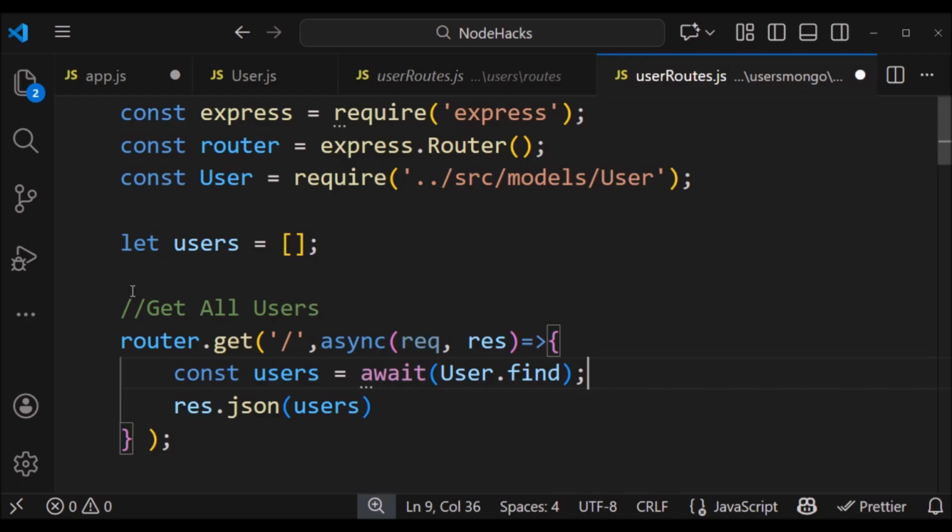MongoDB queries with Mongoose return promises, so you need await to pause execution until the database finishes the query. Without async, you cannot use await. After that, we will send this response to the client as a list of users.